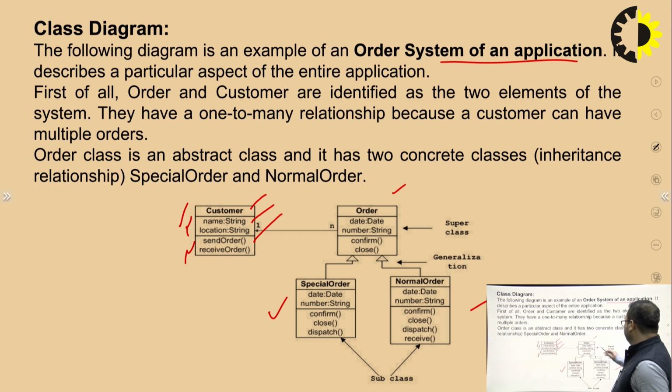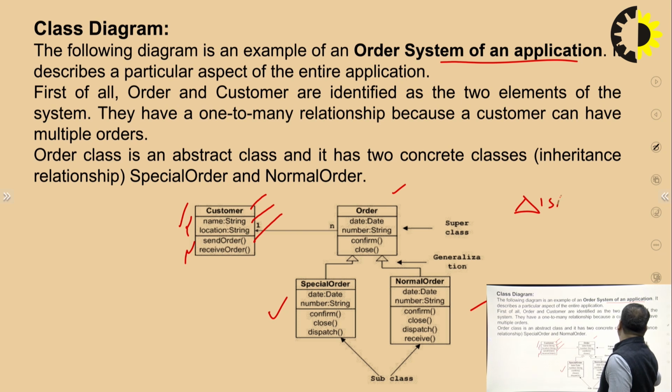Okay, so these are all different classes, like customer is a class, order is a class, special order and normal order. This triangle component shows that, suppose a feature could be further divided, like the feature of generalization or specialization. Order is further divided into special order. Even in special order, if you further categorize, you could do it by a triangle component, and